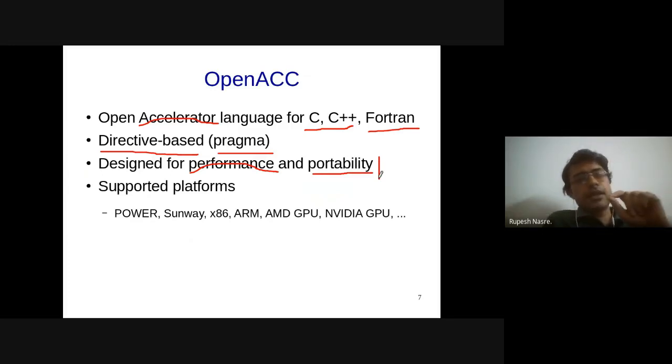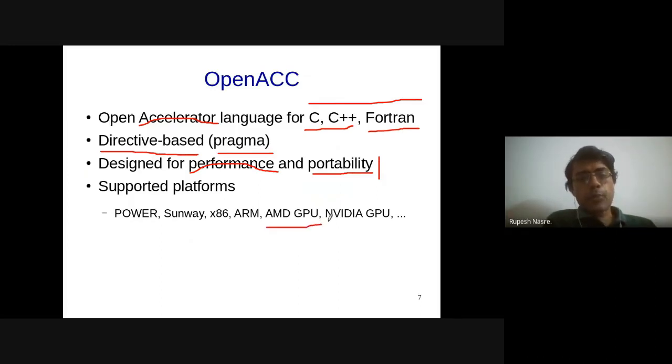This is also true with respect to the general purpose languages, right? So many of our codes which we write for one machine, you can actually run on multiple machines, right? The C, C++, Fortran codes, etc. But that is not true for some languages. For example, if I write the code in, let's say, CUDA, which is a language for NVIDIA GPUs, I won't be able to run it on, let's say, an ARM CPU or AMD GPU.